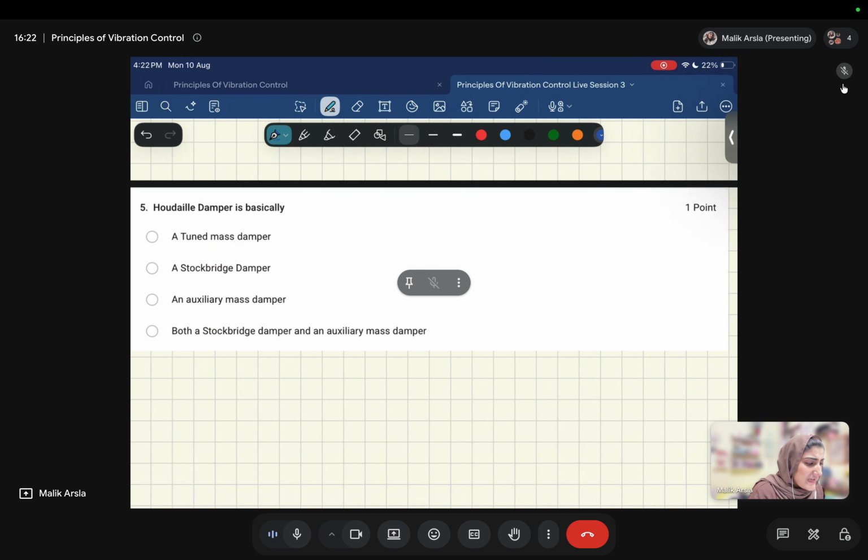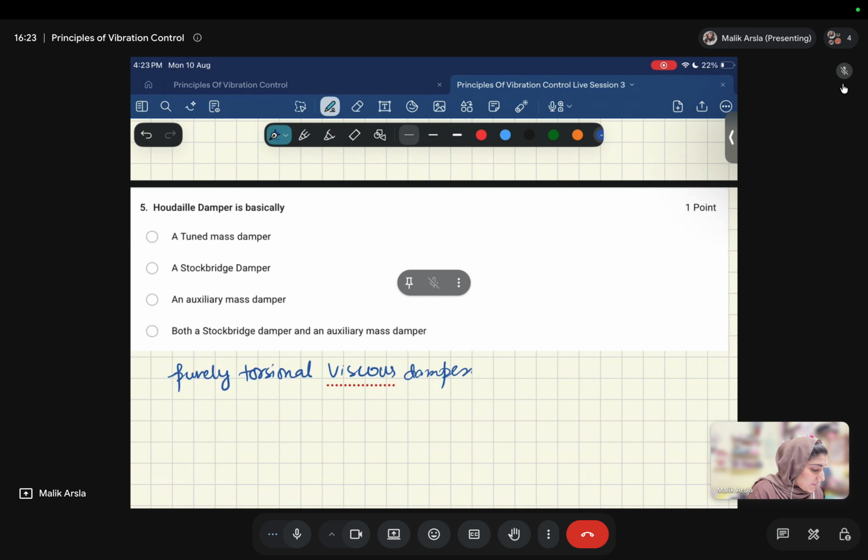So basically this damper is a purely torsional viscous damper. It contains a free flywheel or inertia ring, which is housed in a casing which contains the viscous fluid, like we have studied about the viscous dampers as well. And in case of this damper, we have studied that